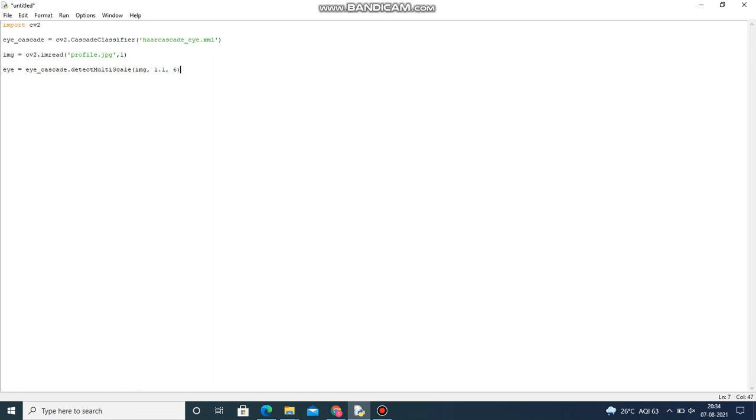Now, what are minimum neighbors? The value 6 is a parameter specifying how many neighbors each candidate rectangle should have to retain it. This parameter will affect the quality of the detected faces. A higher value results in fewer detections, but with higher quality.